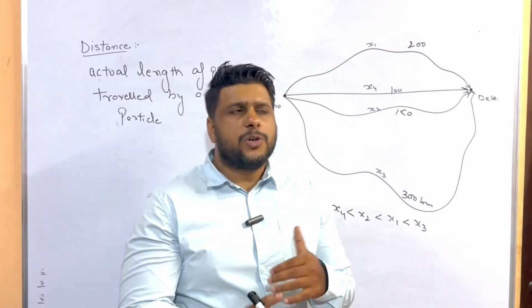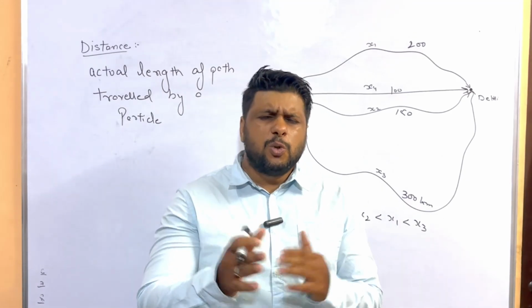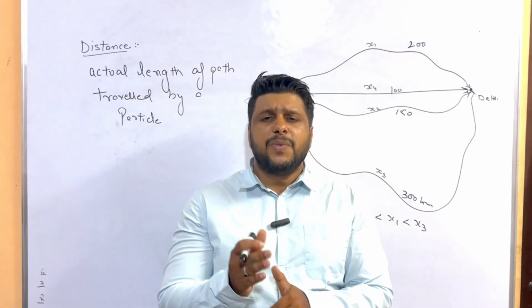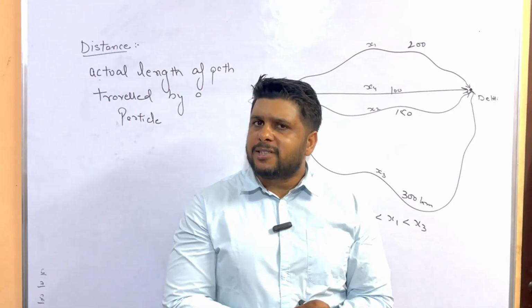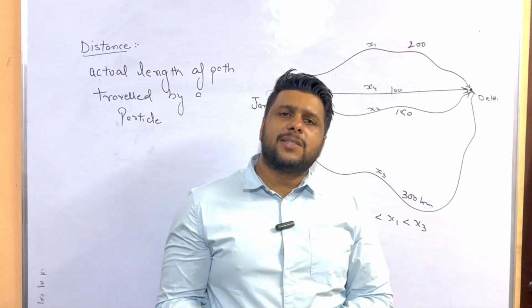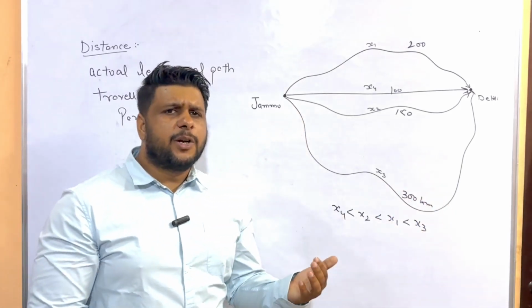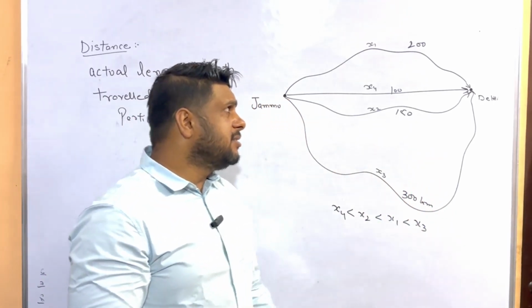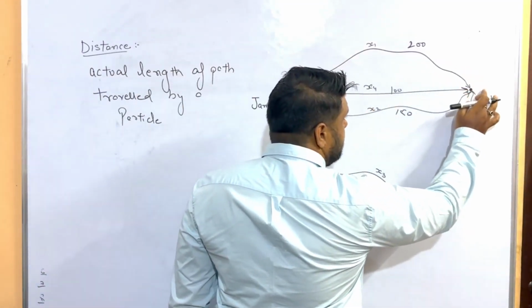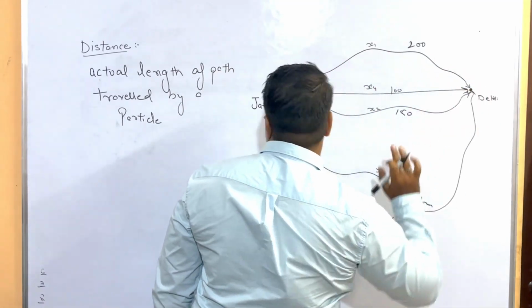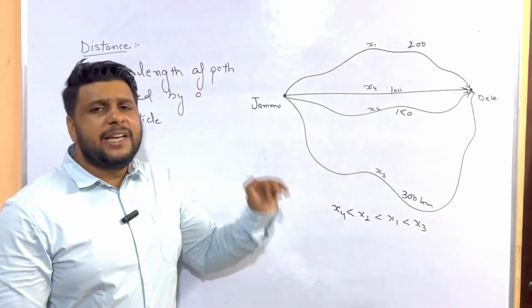In an exam, sometimes a question says distance between two particles, sometimes it says distance traveled. So do not get confused with the terminologies. Whenever you see a distance, see what path he has taken and for how long he has traveled. Here I'm not going to talk about speed, distance and time; those things I will introduce later on. Just understand the concept here: if I have to go from this position to this position, I have to travel a distance.